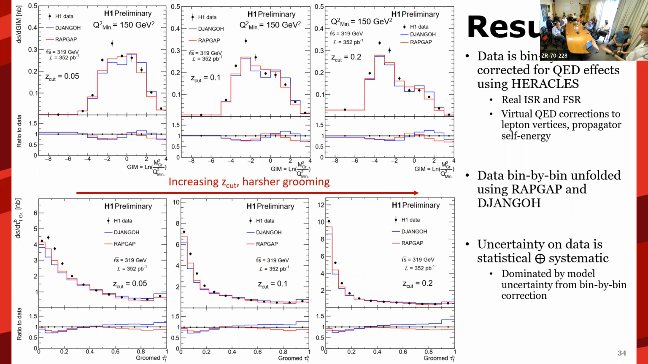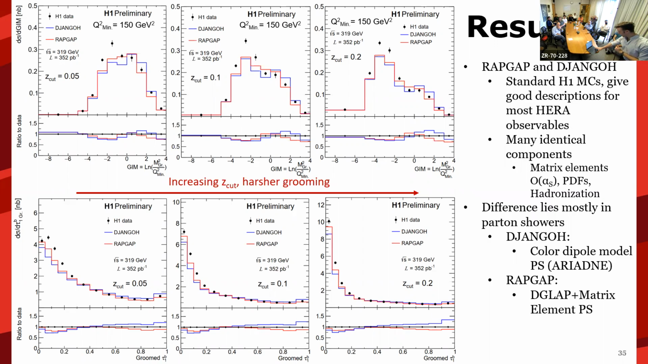So we correct the data with RAPGAP, and we correct the data with Django, which are the two detector level simulations that we have. Thankfully, we have two, which is just very, very good in terms of data preservation sake. And they don't necessarily completely agree with each other, and that's kind of the dominant uncertainty here. So what we can kind of see is,